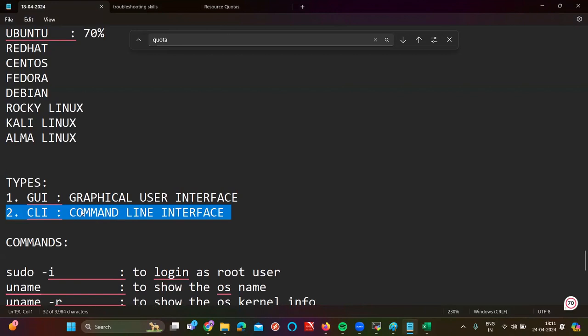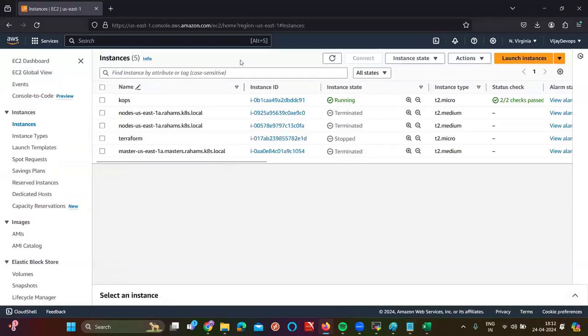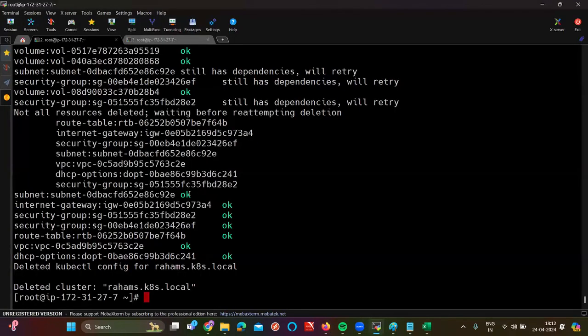In the last session, we already saw some commands. Let's go for the practical part with those commands. But before the practical part, first of all, you need to create an EC2 instance. Without creating an instance, can we practice anything? No. Here I already have the EC2 instance running, so I can use the same one today. So let's clear the screen. What is the shortcut to clear the screen?